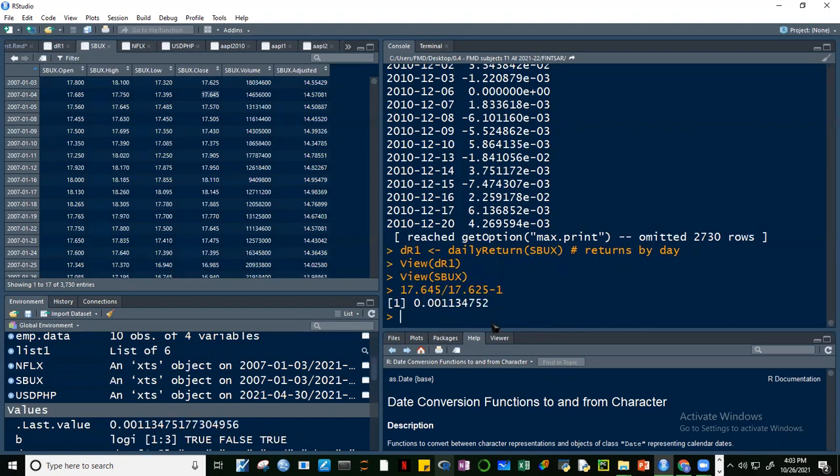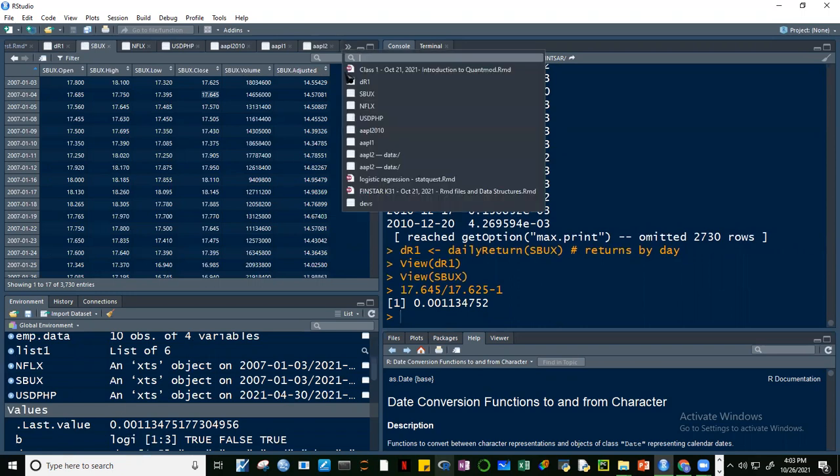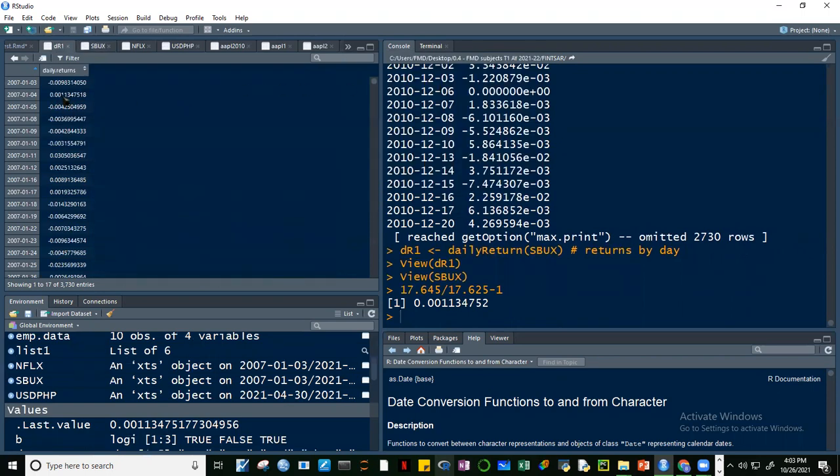Control Enter. 0.00113. Let's see, guys. No, it did not use the closing, guys. So I want you to find out what returns were used in computing for Starbucks. So we'll end there, guys. Thank you so much for